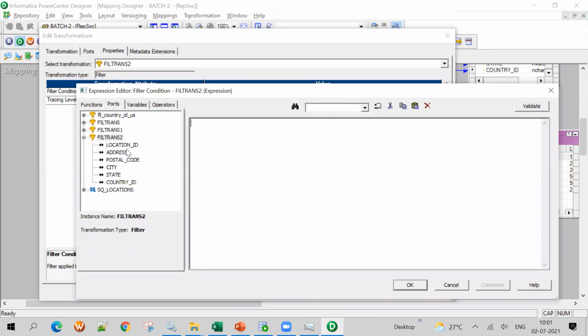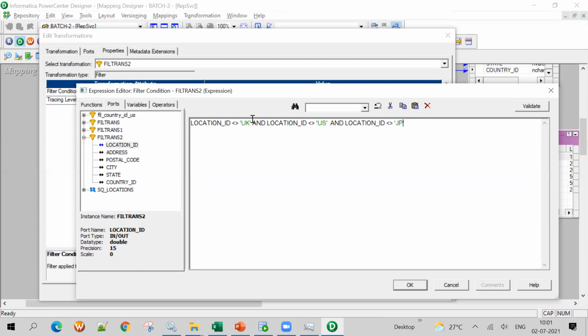Not equal to US, UK, or JP. Okay. So location ID, like this I am doing not equal to. Location ID is not equal to UK. And, or R, which one should I write? No, it should be AND, not OR, because all conditions should be satisfied. Yeah, that symbol is for not equal to, or you can use it like this also. But normally we will use it like this. Okay, so and location ID is not equal to JP.